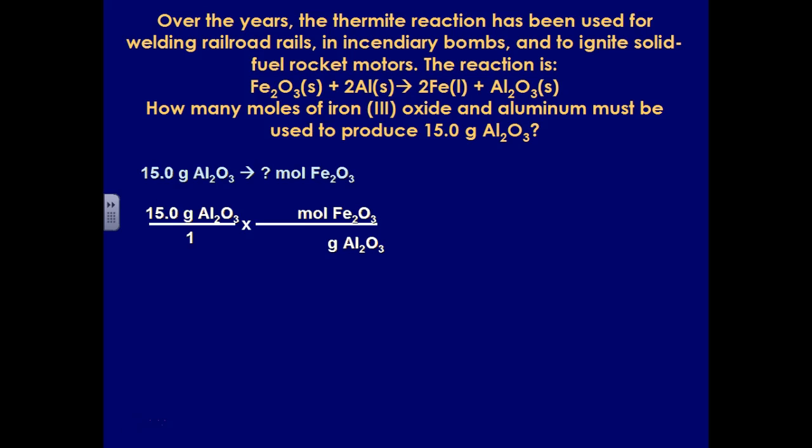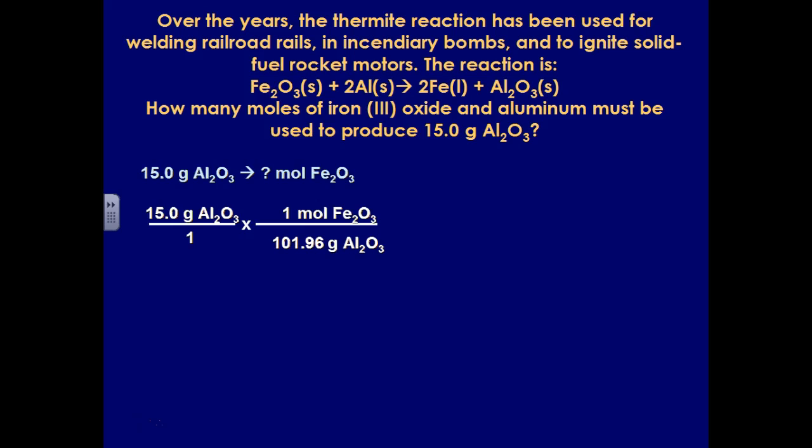Anytime I'm dealing with grams and conversions, I need molar masses. So if I add the mass of 2 aluminums and 3 oxygens from the periodic table together, you should get roughly 101.96. That is equal to 1 mole of aluminum oxide. If you have moles in your conversion factor, by definition that's all equivalent to 1 mole, so 1 goes in